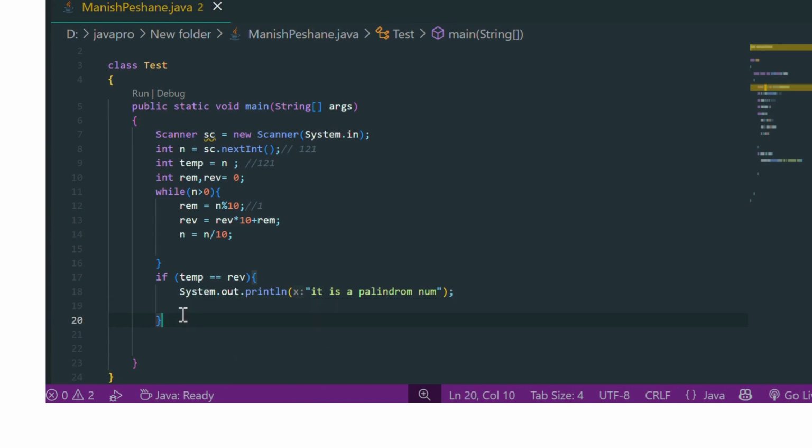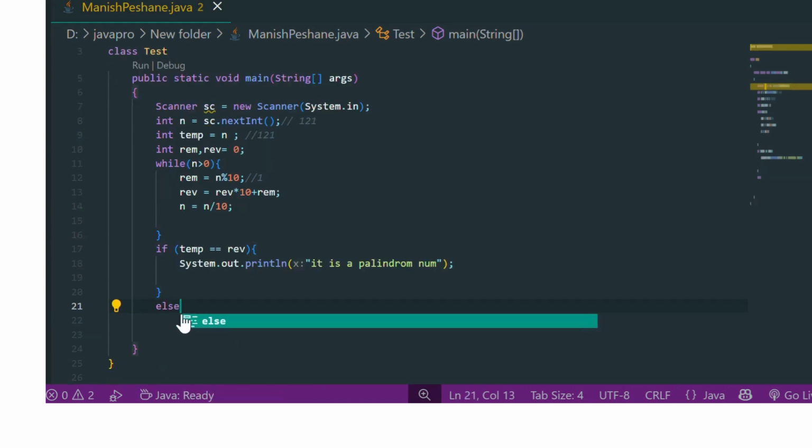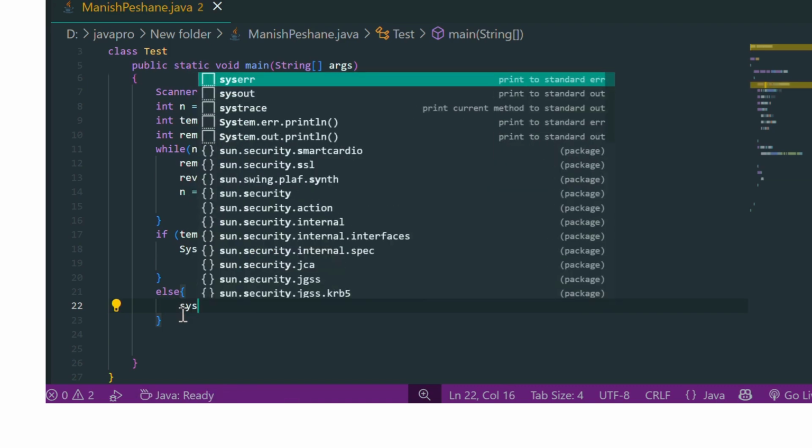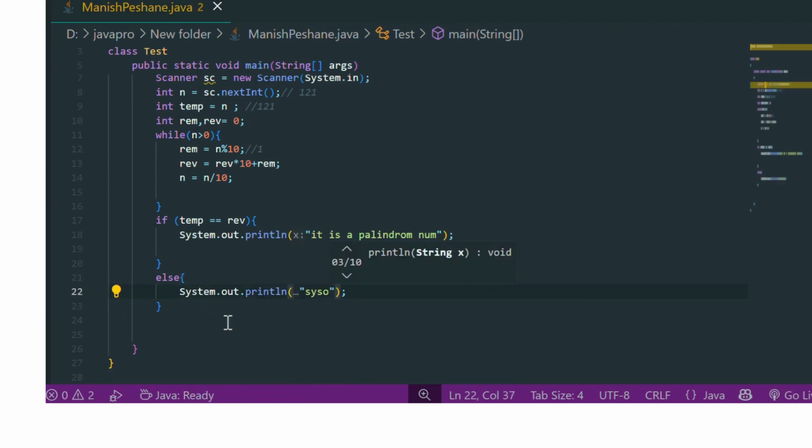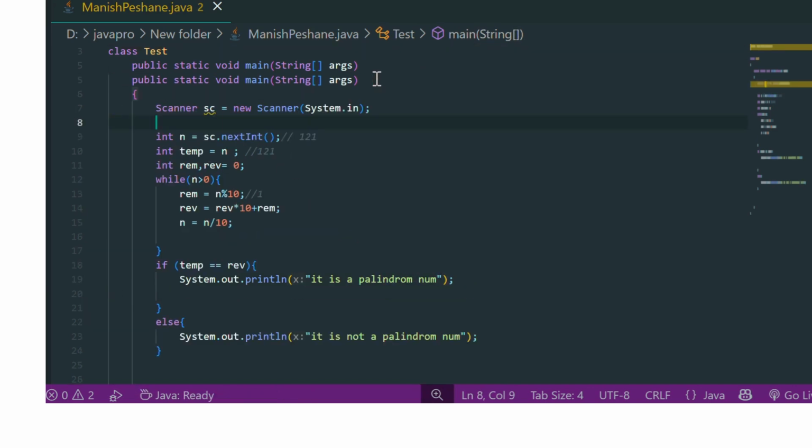And here we write, it is not a palindrome number. Okay, sorry, here we did not write the input statement.